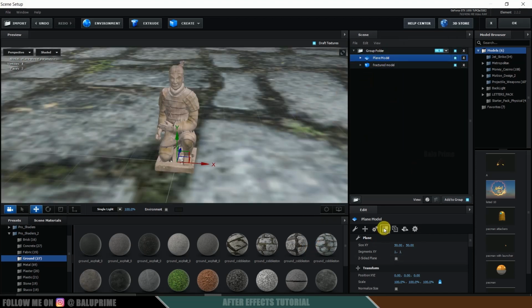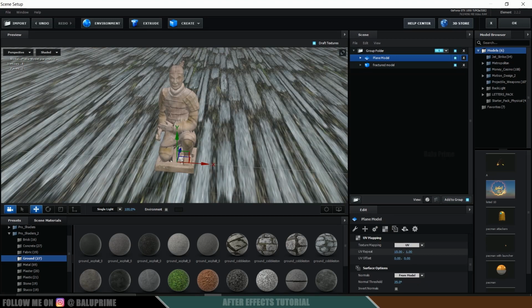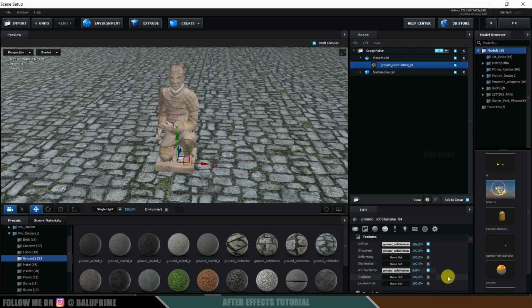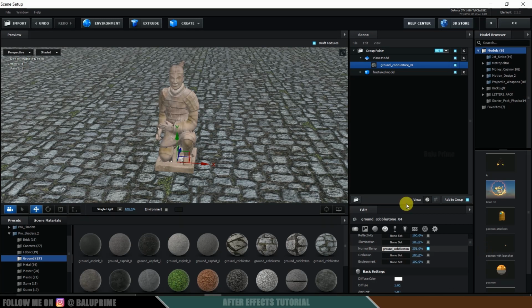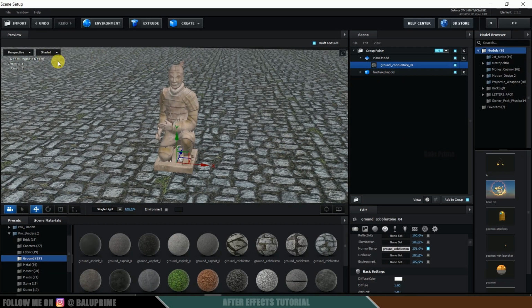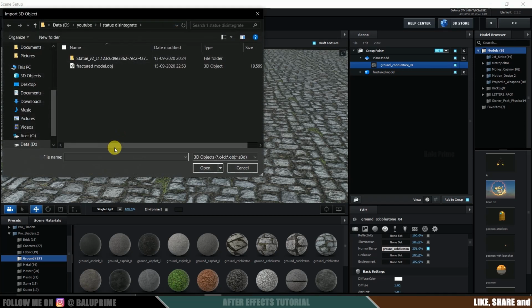Now click on this UV. Let me repeat this to 15 and 15. Okay. So let me increase this bump value here a bit. Okay, looks good. Now let me add some houses here just to build a scene. So I will be using some 3D models here.